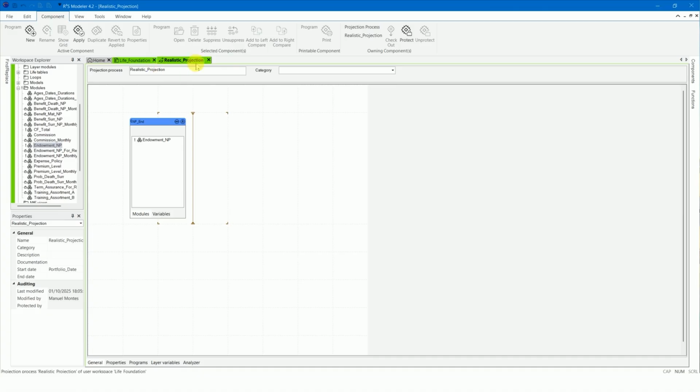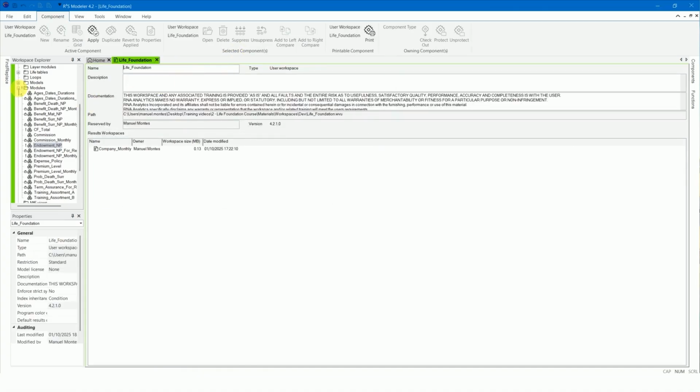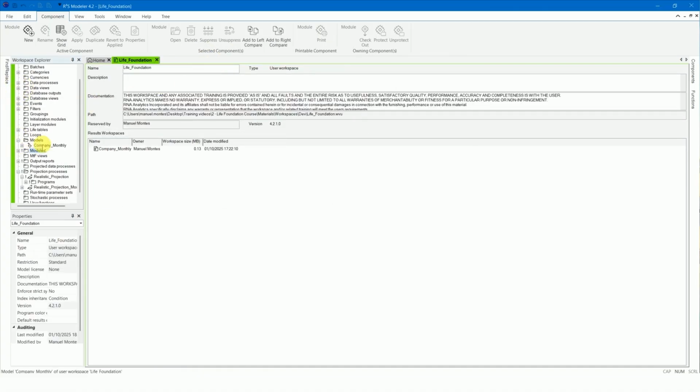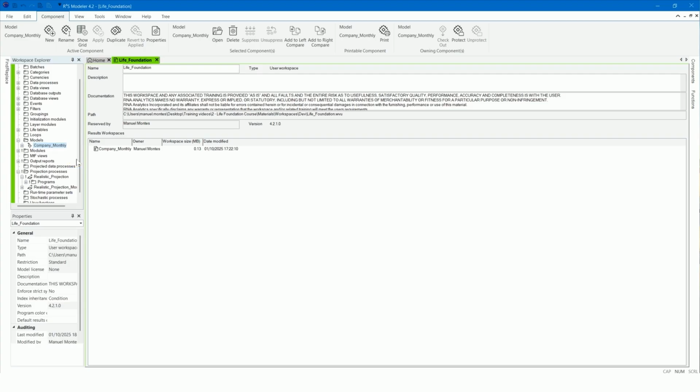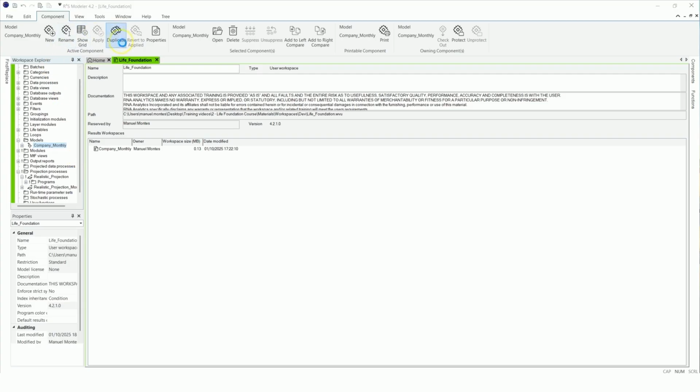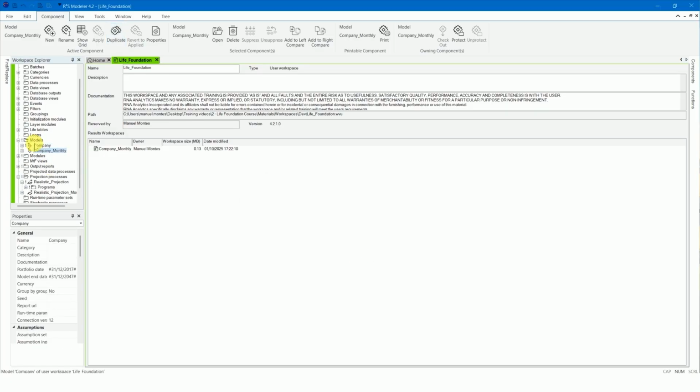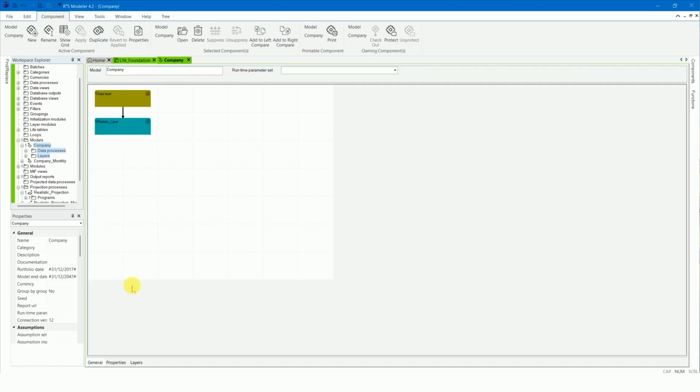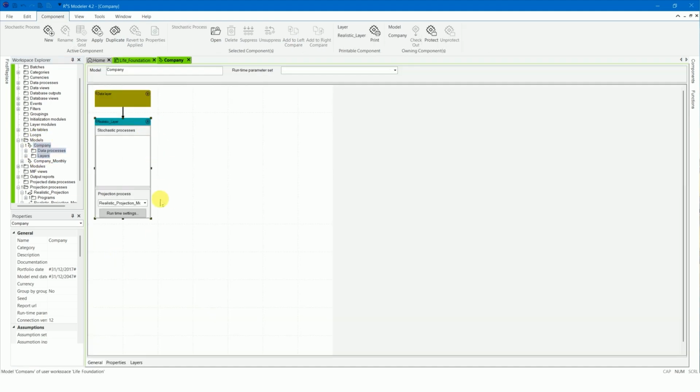We have now finished the code for projecting cash flows using events. Take a copy of the model Company Monthly and call it Company. Use the new projection process in the new model.